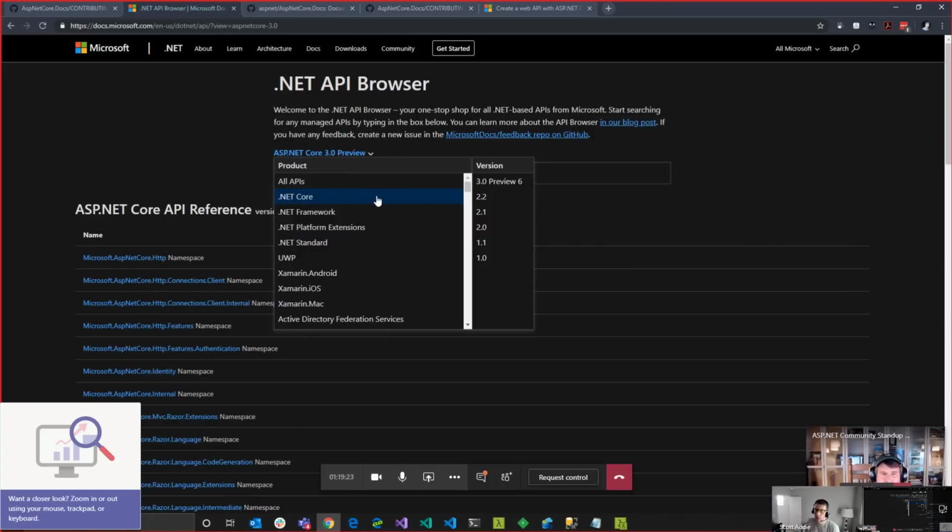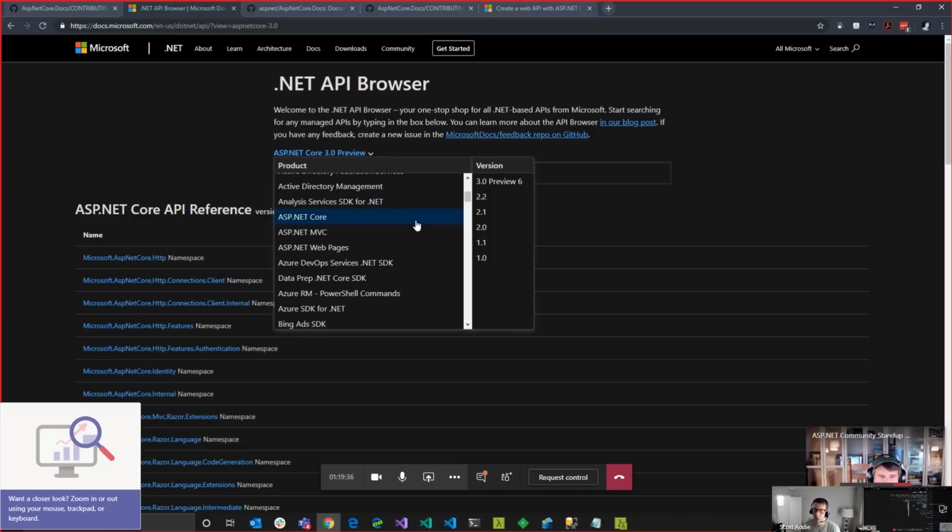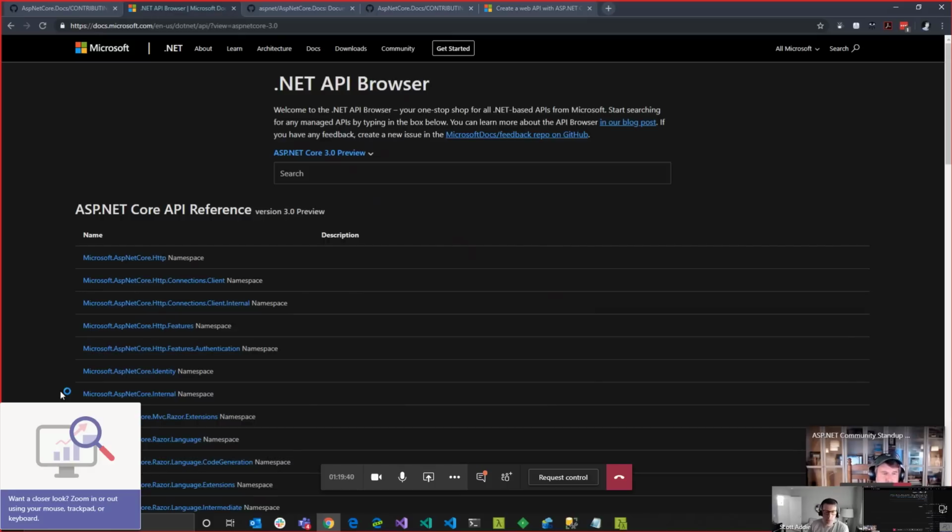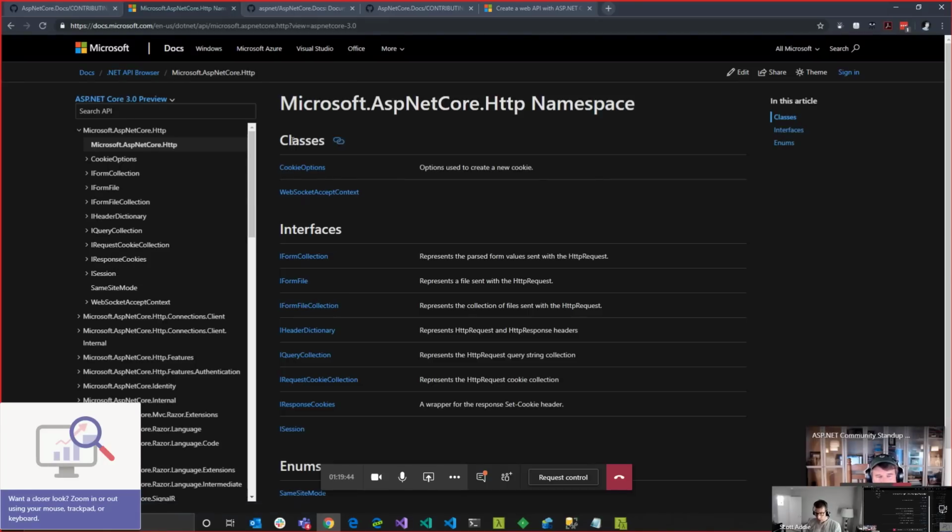Well, you can look at that information as well, and you can see that we currently have available the latest Preview 6 APIs in the 3.0 release. We really like to keep this updated as much as possible. But you can dive into, say, the ASP.NET Core HTTP namespace and just get a sense of what's in